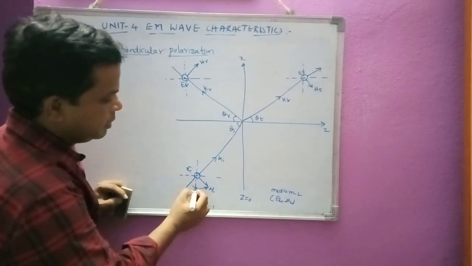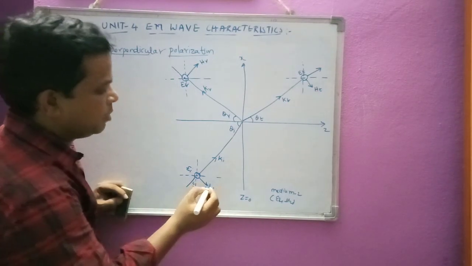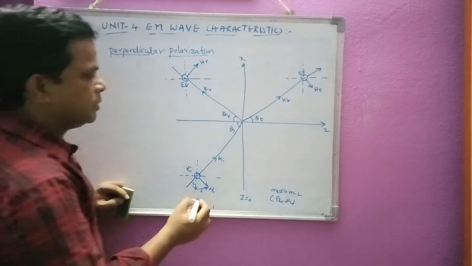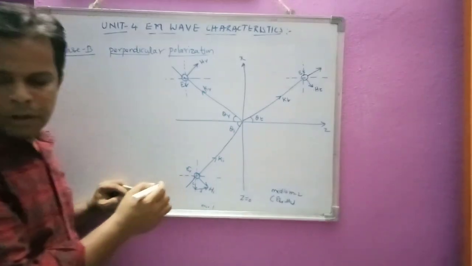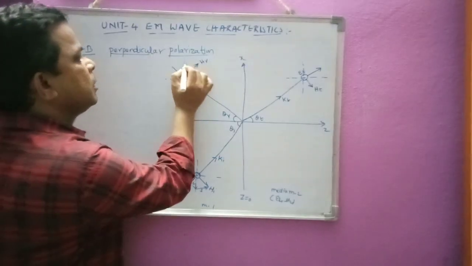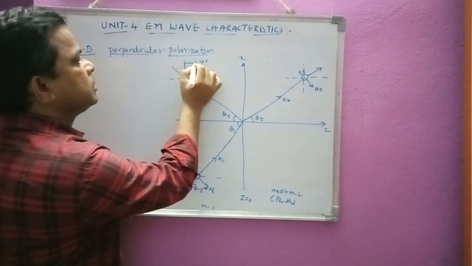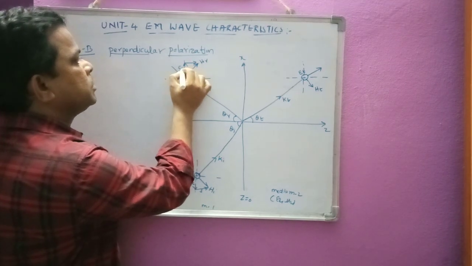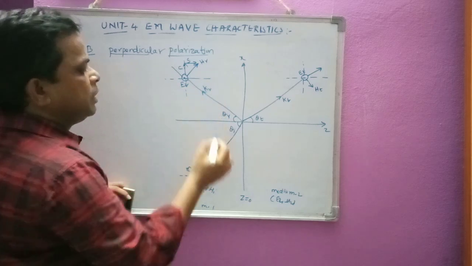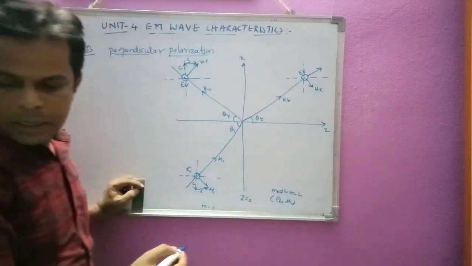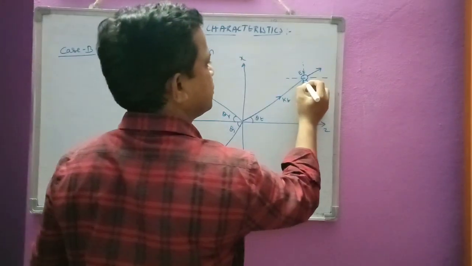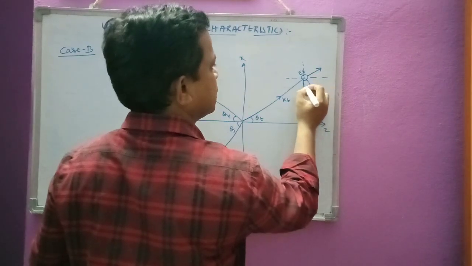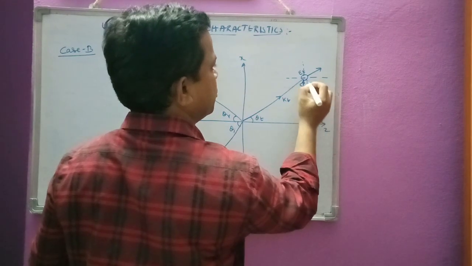So this is the cosine component and this is the sine component here. Next, similarly, I am going to resolve this one like this. Okay. This one like this and like this. This is the cosine component and this is the sine component. And similarly here also, this is a cosine component and this is a sine component.